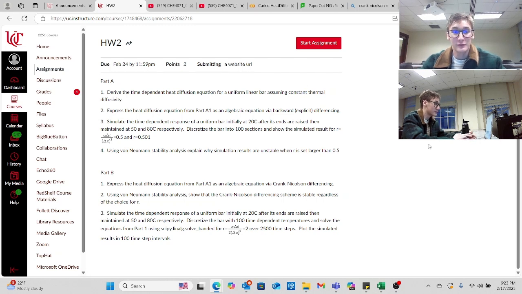Hi everyone. Today we're going to be doing homework 2 part B, which has 3 parts. Part 1 is to express the heat diffusion equation from part A1 as an algebraic equation via the Crank-Nicolson differentiation. Part 2 is to use the von Neumann stability analysis to show that the Crank-Nicolson differentiation scheme is stable regardless of the